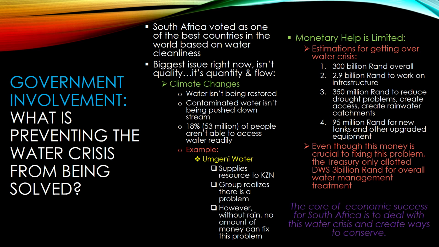The South African economy overall is dependent on water to fuel both economic growth and the country itself. However, the country isn't being efficient with the supply, or lack thereof. So they know that they need it, but they're not willing to be efficient and look at new ideas of what to do.